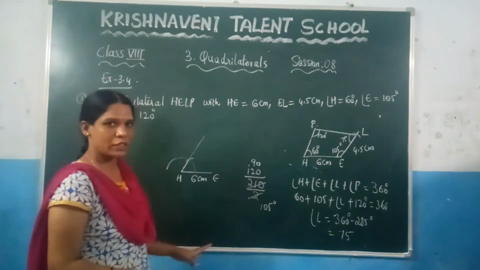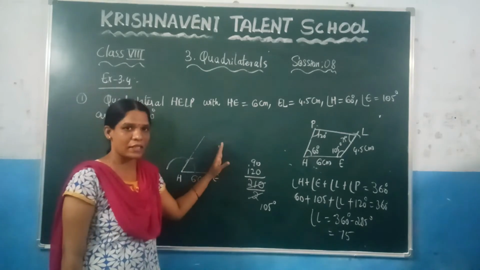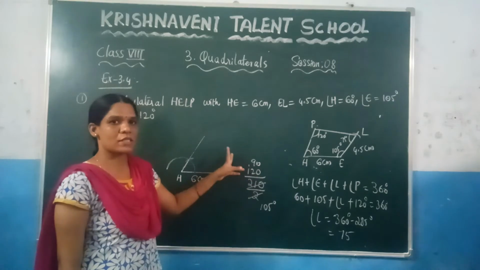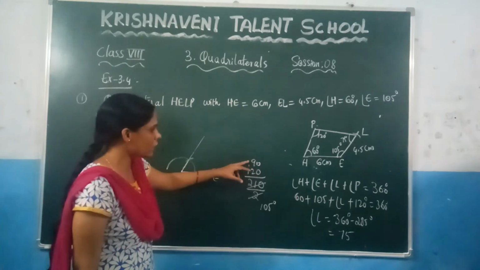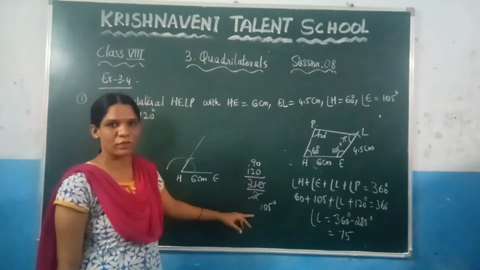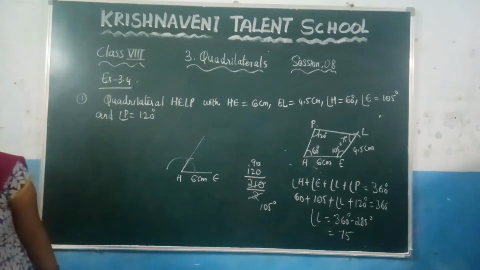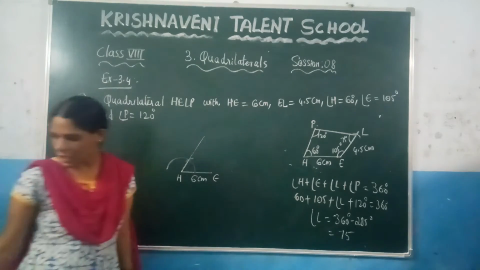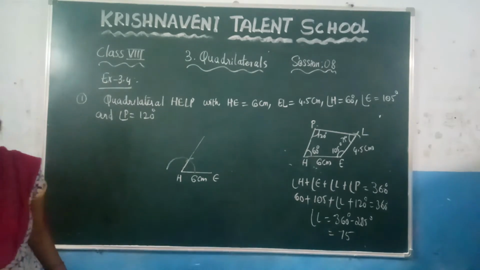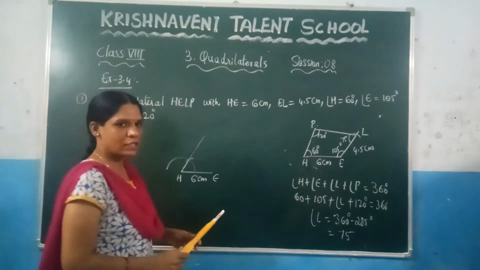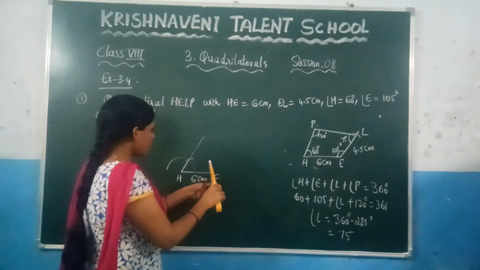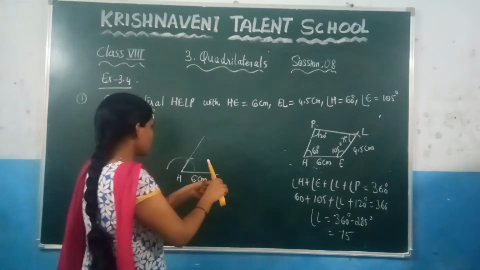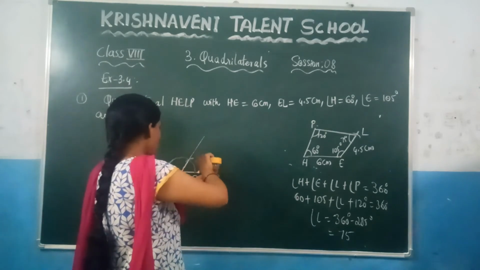That means here what we need to do, first you need to construct 90 and after that you need to construct 120. And you need to construct the perpendicular bisector in between the 90 and 120 so that you will get 105. So how you can construct? Let's see here. First you need to construct 90 and 120. For that we need to construct first 60 degrees. So here at this point, to construct 60 degrees, first you need to make an arc. So here at that point draw an arc.